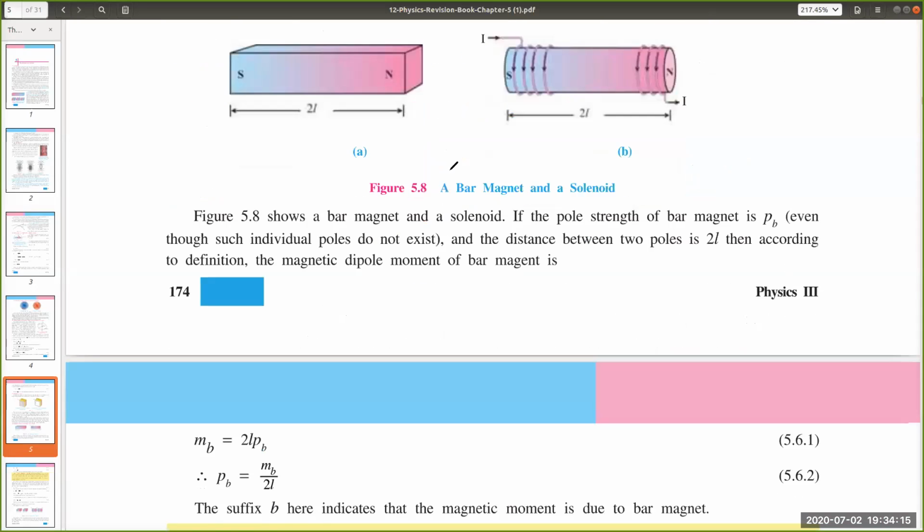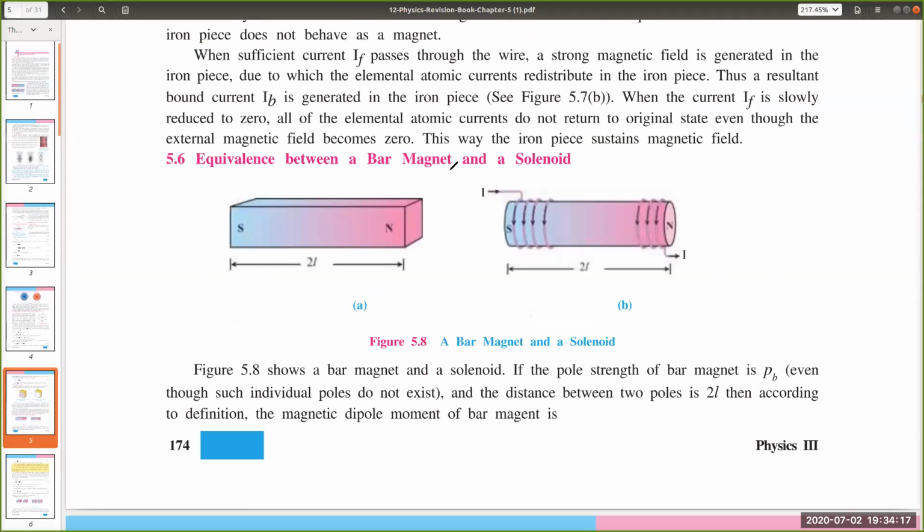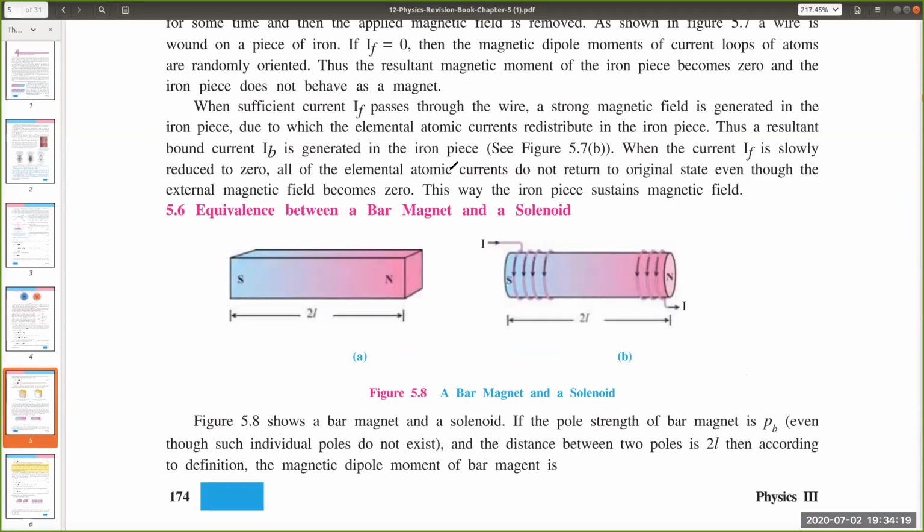I just had a question. In the solenoid, instead of a cylinder, if you wrap the wire around a cuboid, will it affect anything, or will it remain the same? Is the cuboid a magnet or not? No, just the cuboid shape. No, it doesn't affect anything. The shape does not matter.